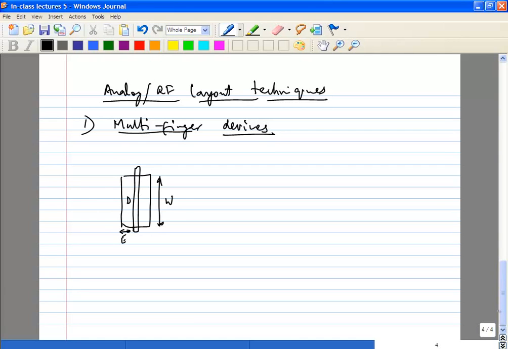And let's say this is your drain, this is your source, this is your gate. And of course this is your L. So of course if you just look at the schematic, this transistor is going to look something like this. This is going to be your gate,